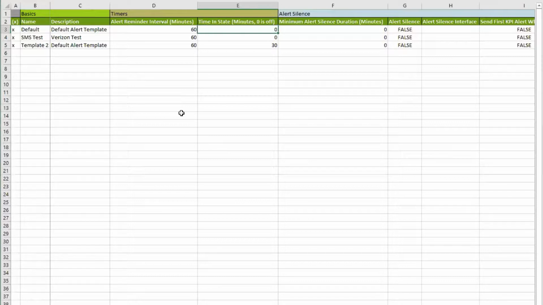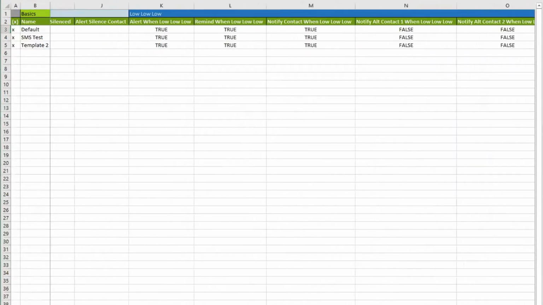You only really want to be alerted if one goes into a bad state and stays there for a certain amount of time. So if you put 10 minutes here, then if one goes for 1 minute or 2 minutes or something and goes back to a good state, you're not alerted every time. And so only if it goes over that time limit is it going to send you the notification. Now, these two are some basic things that go across the entire template, and then each of the next sections